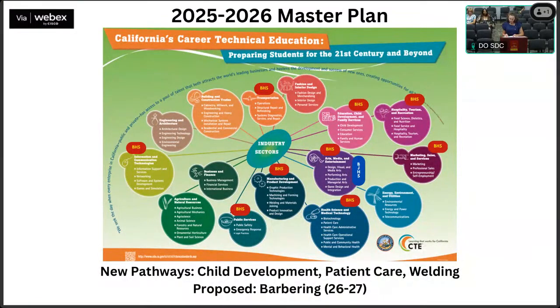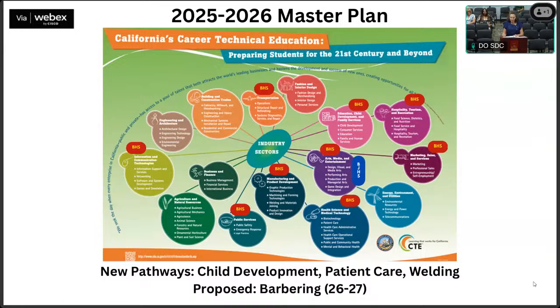This is the last time you'll be seeing this plan, though. This year, Barstow High has offered 11 pathways spanning 9 different sectors, and Barstow Junior High offered 1 pathway, which was drama production. Barstow High launched 3 new pathways: child development, patient care, and welding, which were all very popular with our students. Our established pathways of automotives, careers in education, computer coding, criminal justice, culinary arts, entrepreneurship, mental and behavioral health, and multimedia round out our tried and true diverse course offerings.